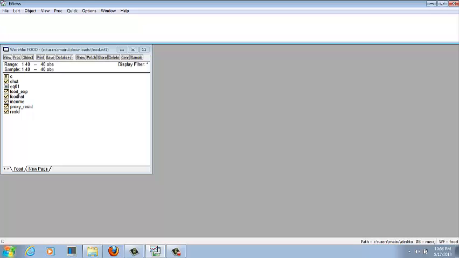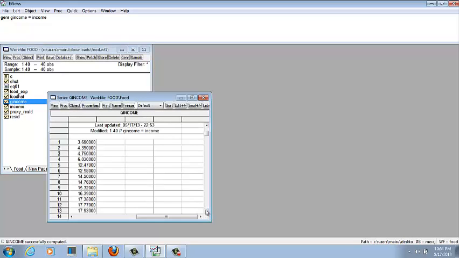So let's generate a variable, that is, generate g income. I'm giving the name g income, and it is equal to income. So here the new variable has been created, it is g income. It has all the values from income.